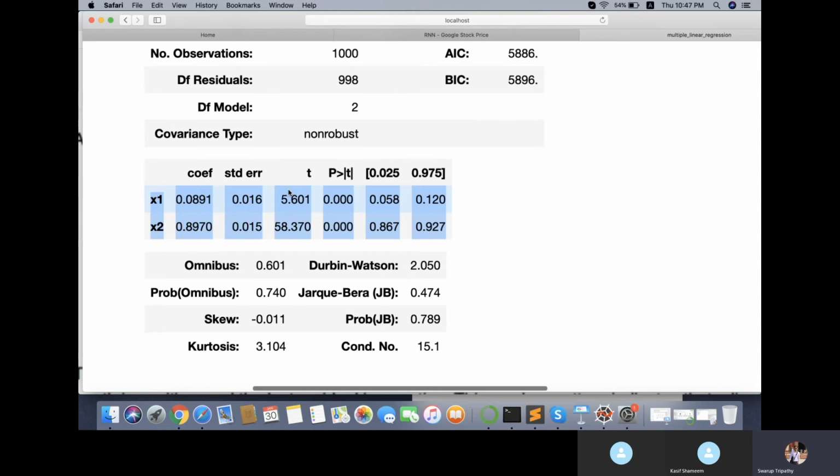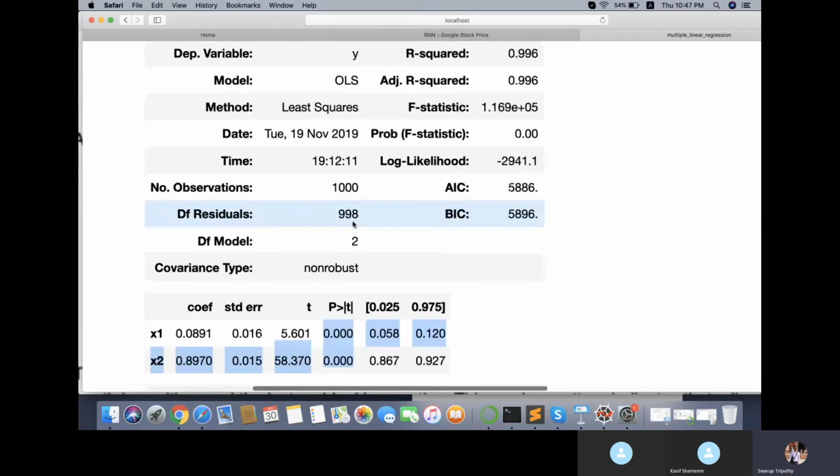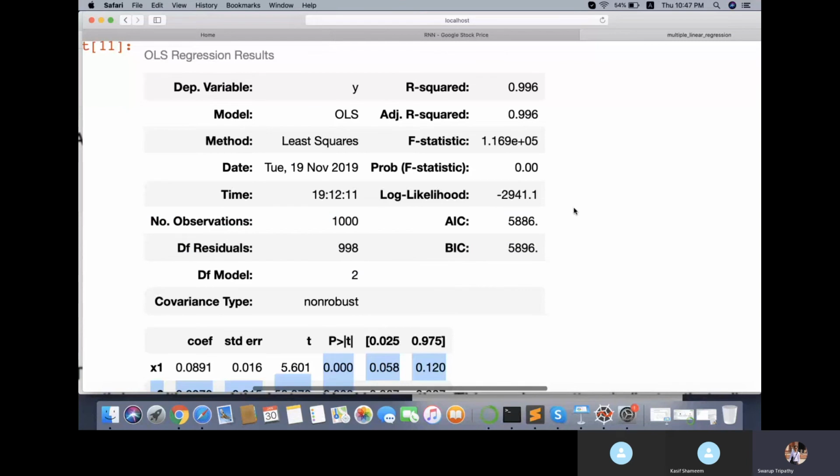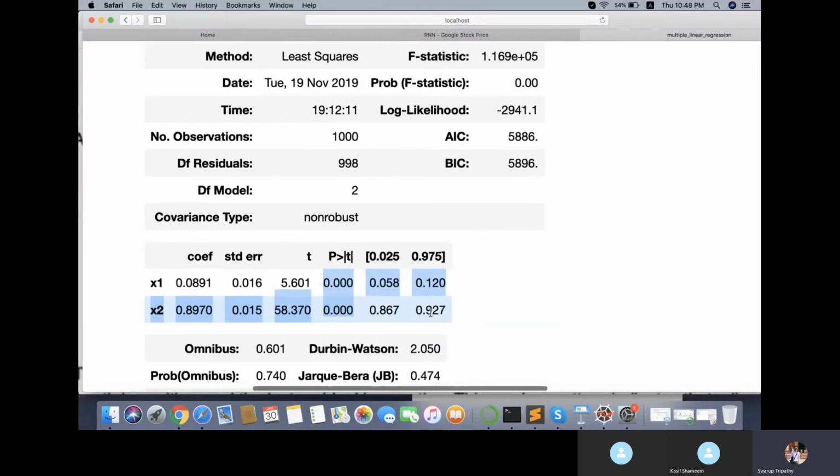Using both of these, it has done the t-test. It will check how math is contributing towards the writing score, and how read is contributing towards the writing score. Sorry, the dependent variable is writing. That's what it will check. It has found that both have a p value of 0.00, which means both of them are contributing in a good way. Individually the contribution is good, and if you take them combined, the contribution is also good. Are you getting this interpretation of the F test and t-test from this table?